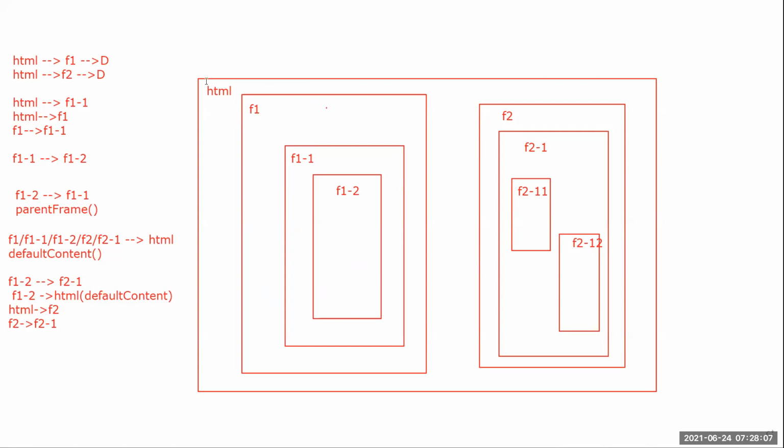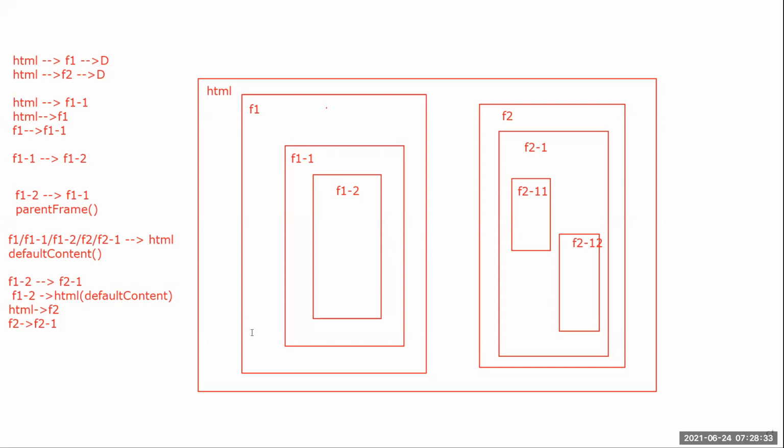Now here I have drawn the images, so you are able to understand that there is frame 1, there is frame 2, and there are child frames inside each of them. But how do we understand that this frame is inside this frame in the HTML? Do we have any method? Didn't you get that question? I was waiting for that question to ask, but you are not asking.